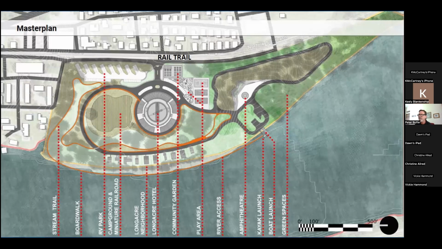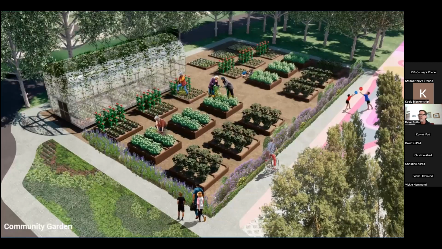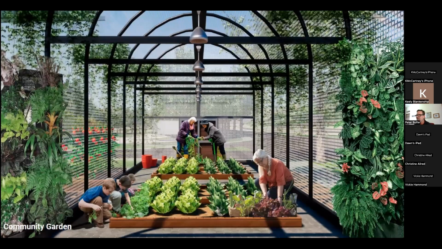And again, working with Mayor Cavalier and the community in Smithers, they discussed having local food production, and so community gardens were designed as a part of the plan. Another goal of this project was creating intergenerational spaces. So thinking about how the youth and the elderly could get together around this concept of food production.